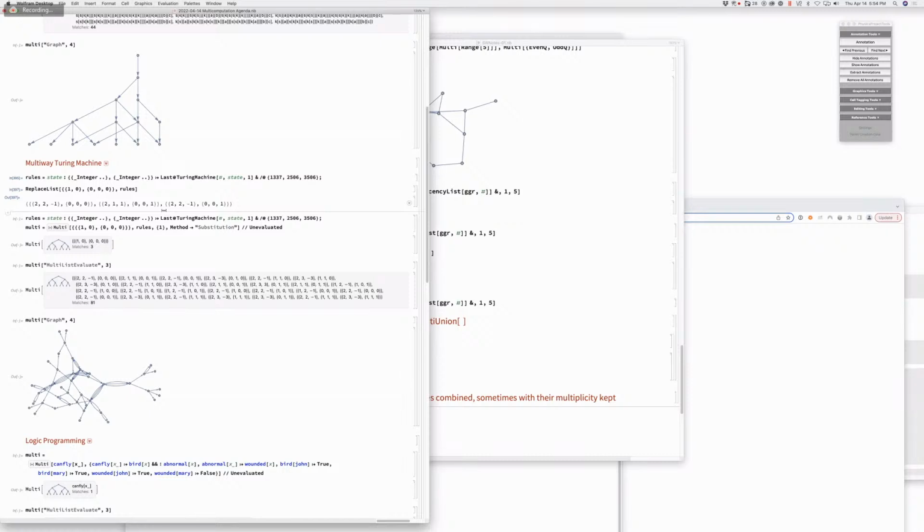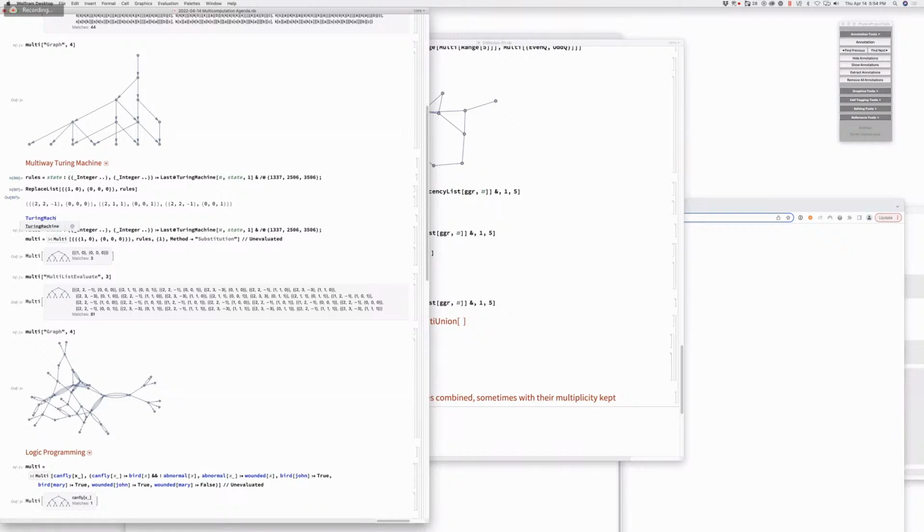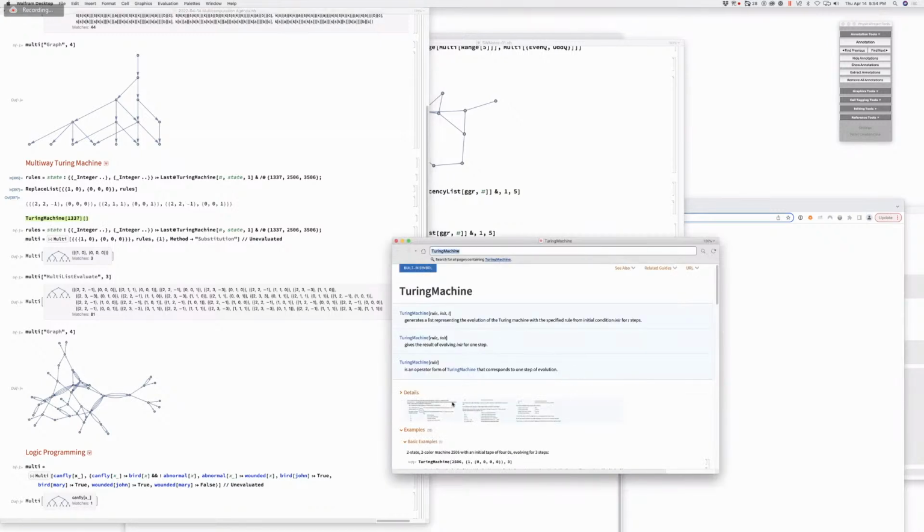I'm pretty sure, by the way, that you can just say Turing machine of that, it has an operator form, just for what it's worth. You don't need to say state, comma 1. Pretty sure if you say Turing machine 1337, just feed it a rule. No, but I'm saying I feed it not a rule. I'm feeding it the number. Yeah, there's its rule, but now I'm just saying that I think you can give it